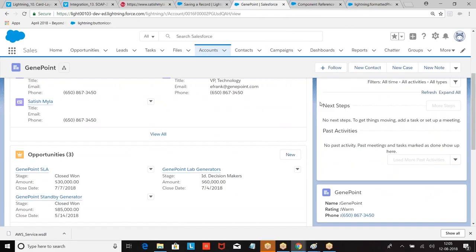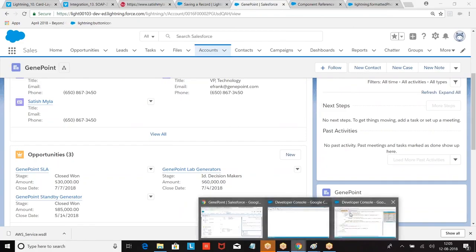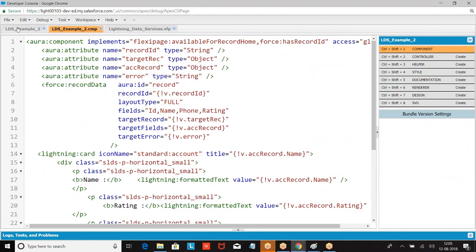Right, boss? I hope you are good with this format. This is the concept of loading the record. We just loaded the record. Then we want to go for saving the record. Let us see how to save the record.